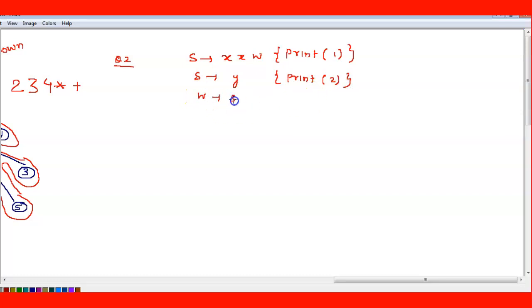W derives S Z, print 3. Getting it? So this is the grammar, right? And this is the semantic rule. This becomes an SDT.